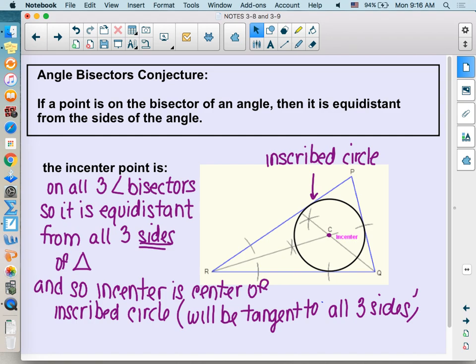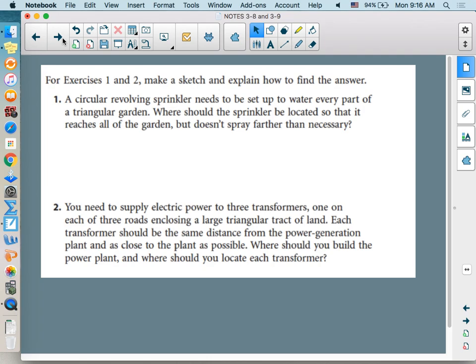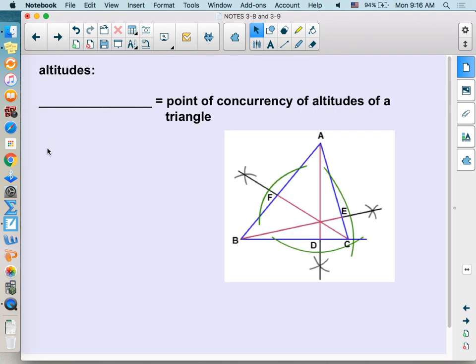The circumcenter is the center that allows us to make the circumscribed or outside circle. By construction, feel free to locate that point with just 2 of the angle bisectors or perpendicular bisectors. The problems in homework will talk about situations where you might want to sketch and you might want to figure out which center you need based on whether you need to be equidistant from 3 individual locations like points or 3 sides, straight paths. Flipping to the back, the orthocenter